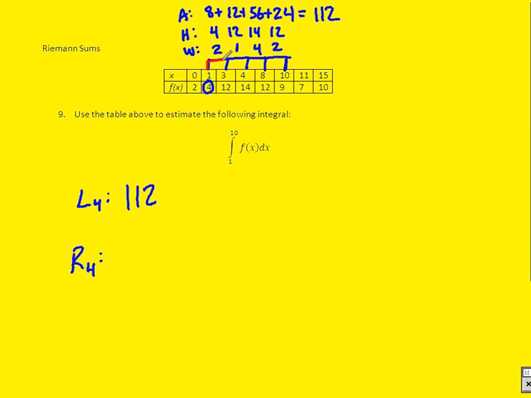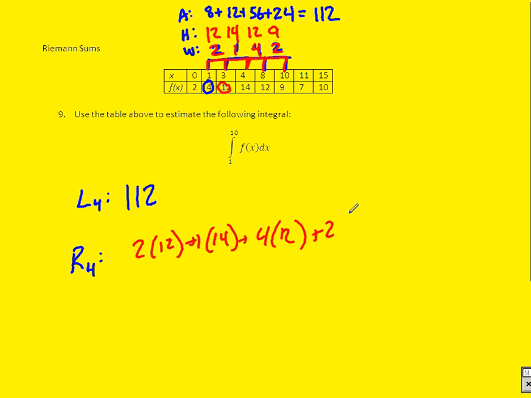Same thing, we're going to have the same intervals, which means we'll have the exact same widths. But now, instead of the left of the two numbers, I'm going to use the right of the two numbers. I'll get rid of these guys. My new numbers are going to be 12, because it's the right of this first box. This one is 14, it's the right of the second box. Then 12, then 9. So my right endpoint will be 2 times 12 plus 1 times 14 plus 4 times 12 plus 2 times 9. And when I add all those up, I should get